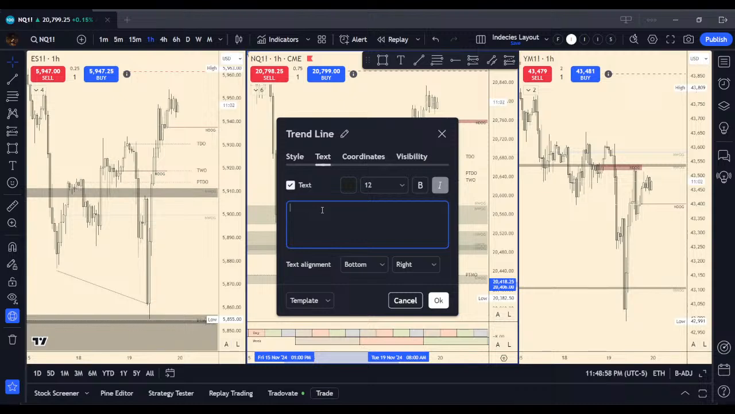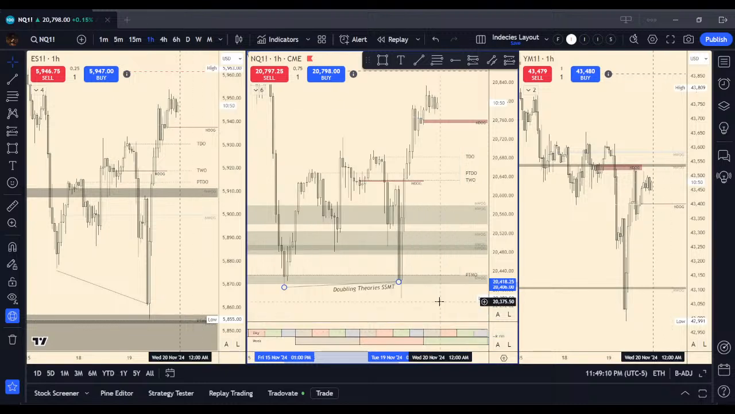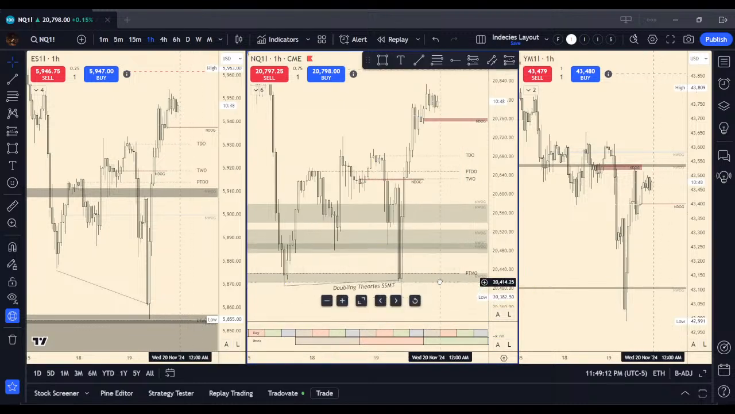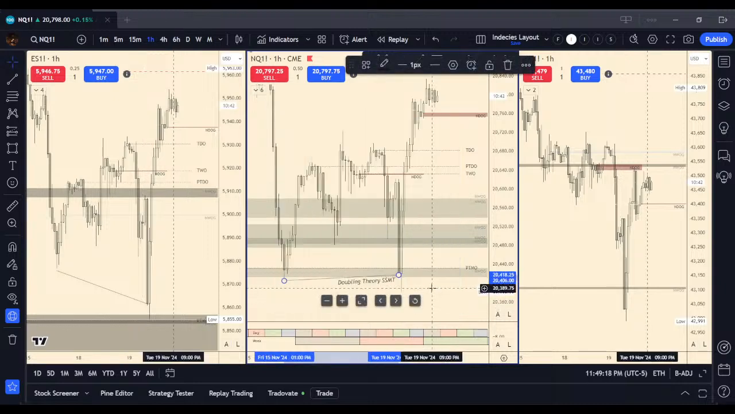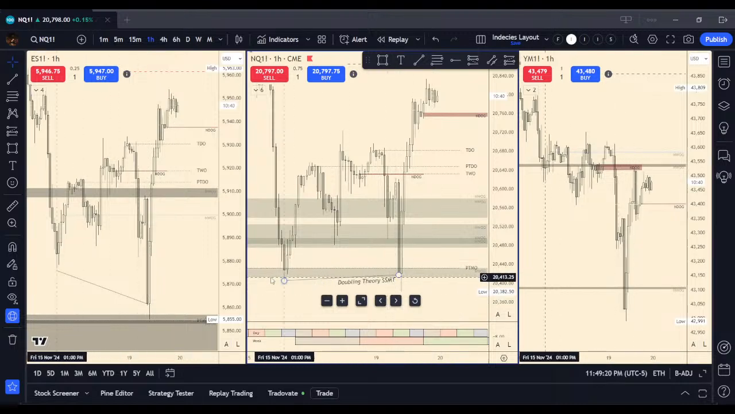This is doubling theory sequential SMT. Weekly cycle, but I don't know if I need to put that. That's what this is. Let's do it like that: doubling theory sequential SMT. The reason it's doubling theory sequential SMT is because